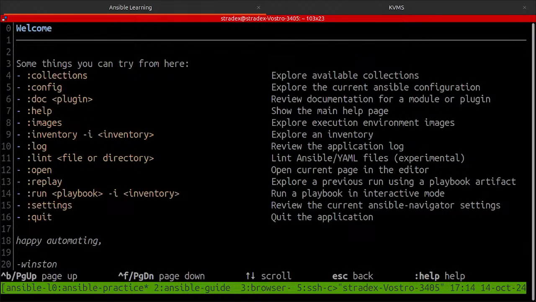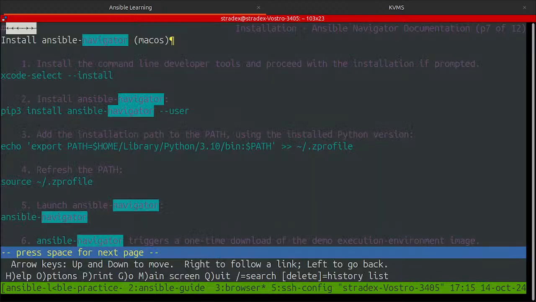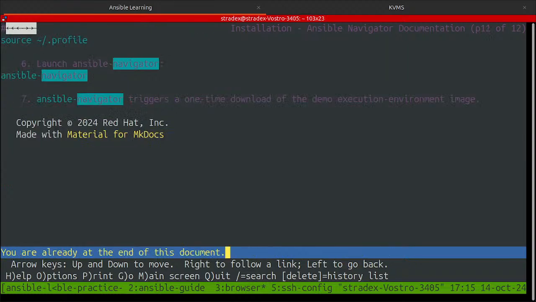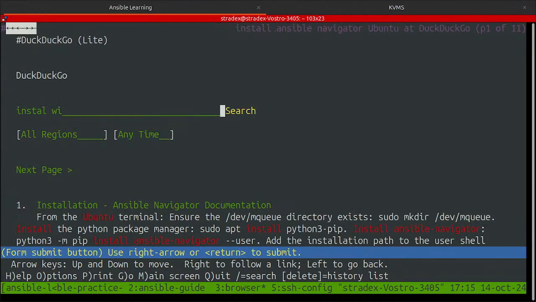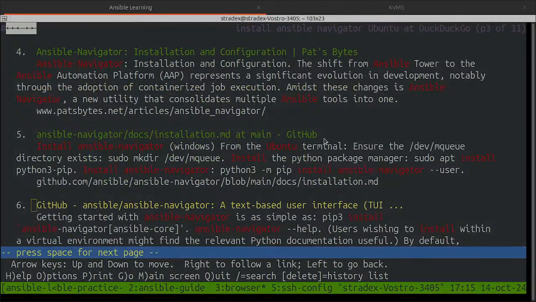Okay. Okay, I installed Ansible Navigator, it seems. Okay, so I installed Ansible Navigator. I believe I'm going to leave it here for now because this is